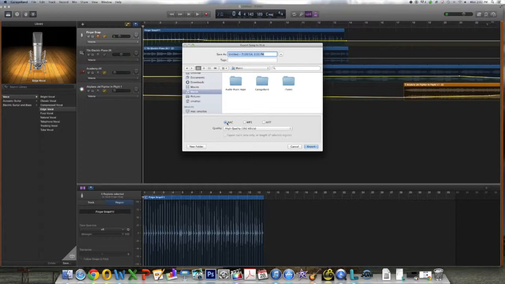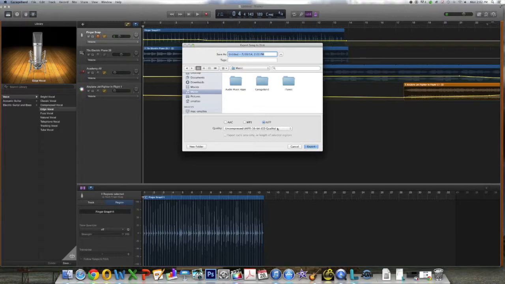You have the option of AAC, which is short for Advanced Audio Coding. It's considered a higher quality version of an MP3 file, yet with the same bitrate. Then you have the MP3 option, which is a compressed audio file. And lastly, you have the AIFF file, which is short for Audio Interchange File Format. It is an uncompressed CD quality audio file used specifically for Mac computers. You have the option for a 16-bit or 24-bit file size. As you can see, 16-bit is fine for CD